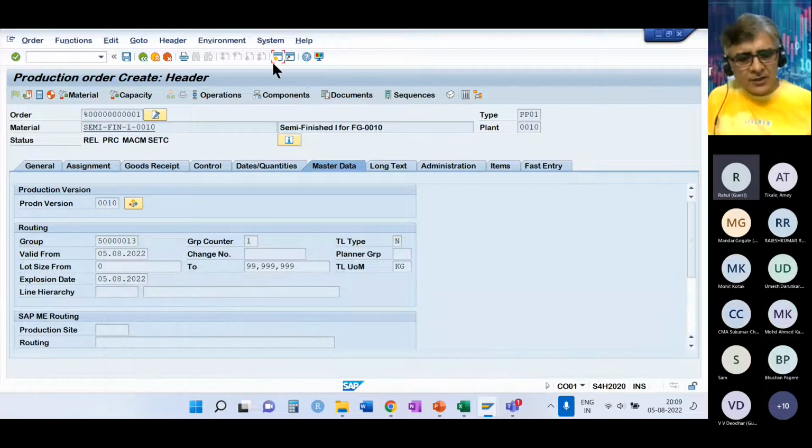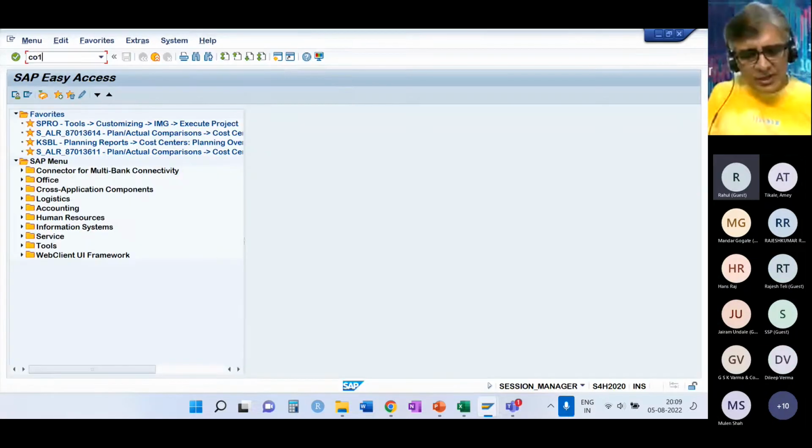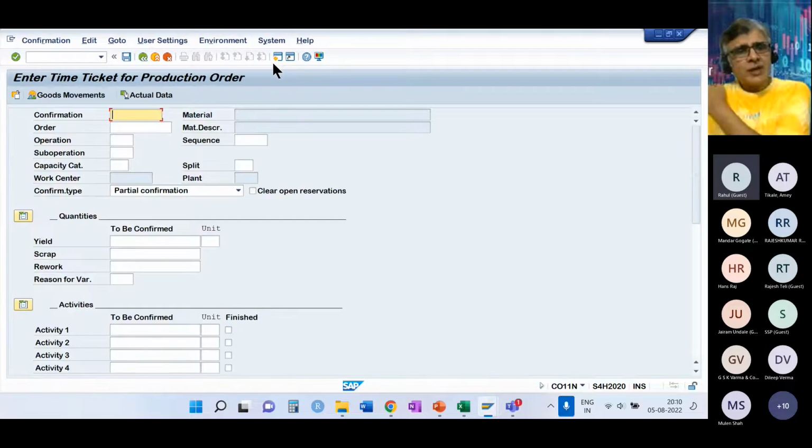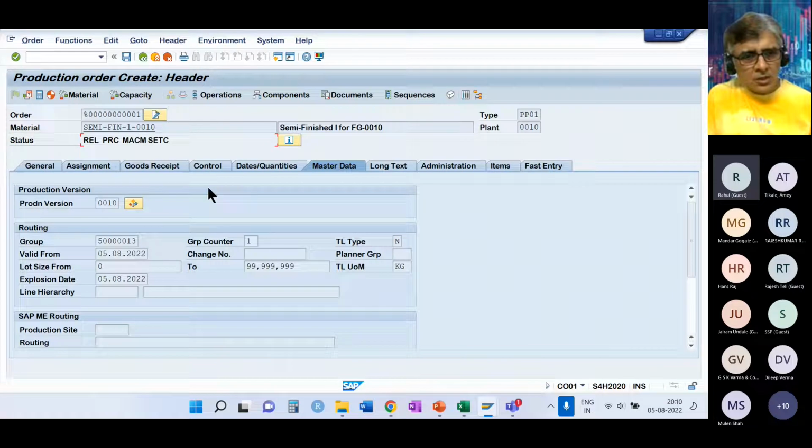And so let me open another screen and do CO11N. So CO11N is for the confirmation. Let's save this.